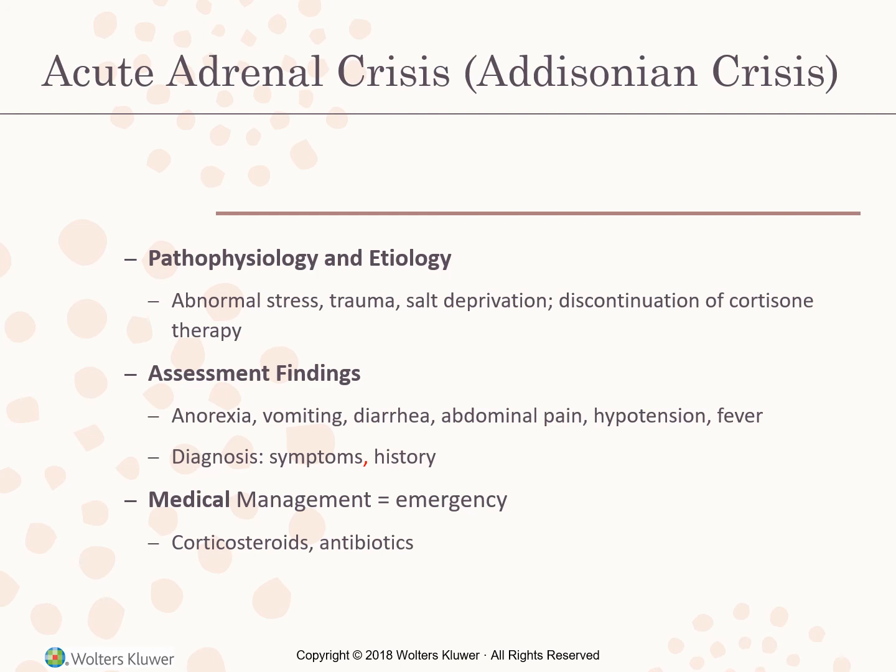In diagnosing this, it's all based on symptoms and history. The case finding can show an omission of daily corticosteroid therapy. So we have to remember adrenal crisis is an emergency, and death can occur from hypotension and vasomotor collapse. So we have to give corticosteroids intravenously in solutions of normal saline and glucose, and antibiotics can also be administered because of an extremely low resistance to infection.